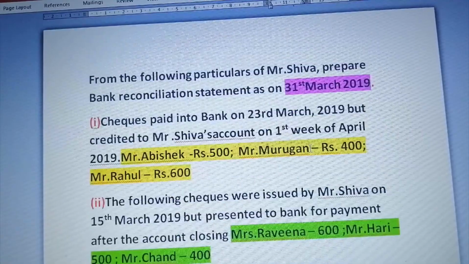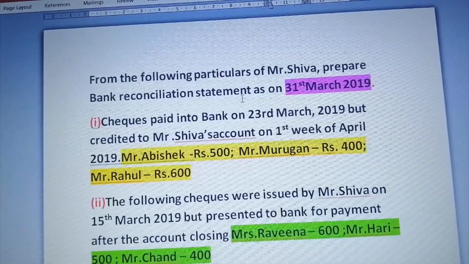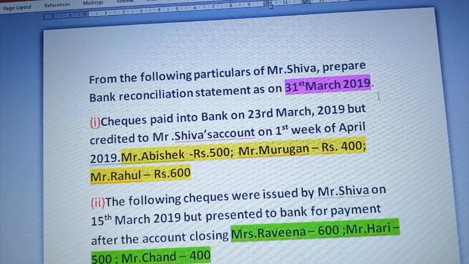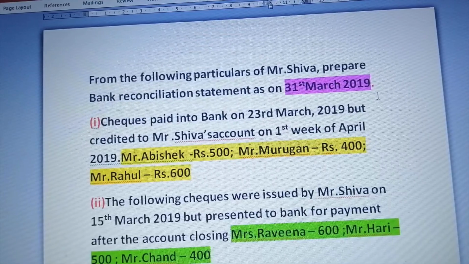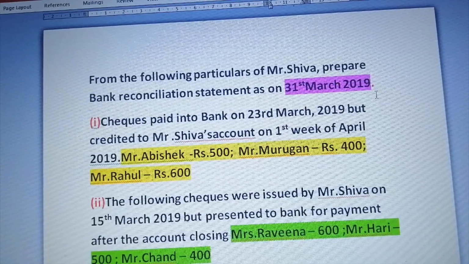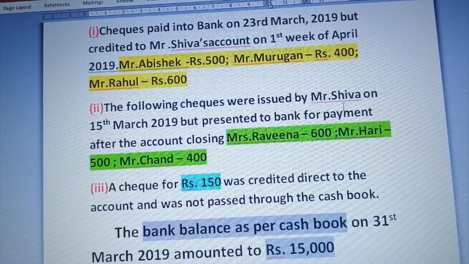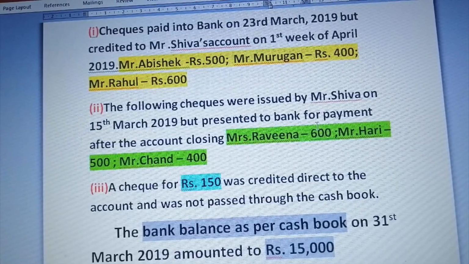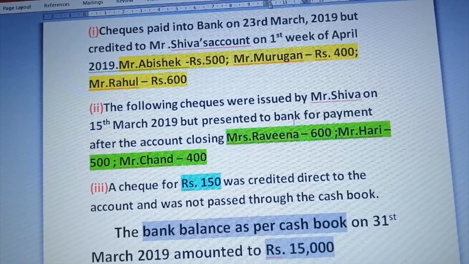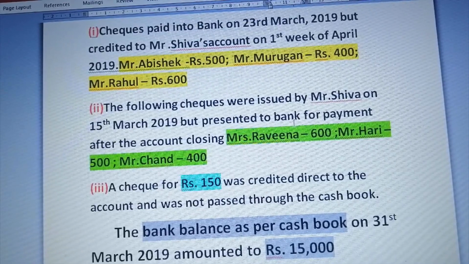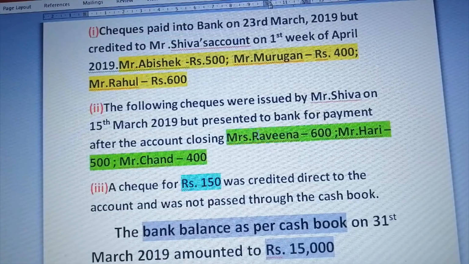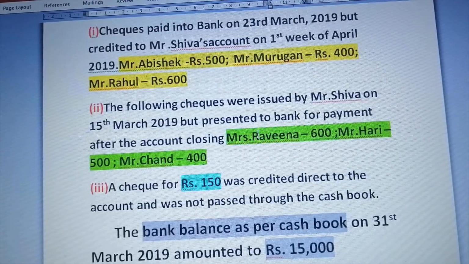Already I told you, here we are required to prepare the bank reconciliation statement as on 31st March 2019 only. So all the transactions made till this date only we have to consider. Clear? So after this date only, all these checks are going to be presented in a bank for payment. So till the account closing date, this transaction does not make any changes in passbook balance. That is, indirectly this transaction leads to increase the balance of passbook when compared to cash book.